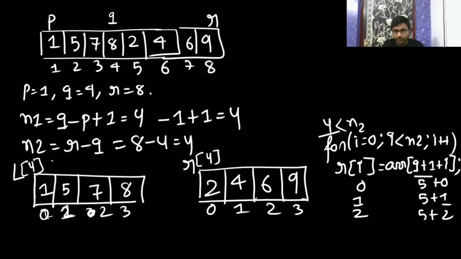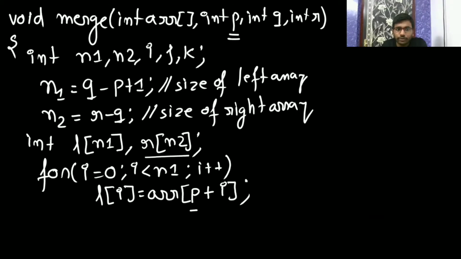Now I will compare each element of left with the right. So total how many elements am I having from P to R? P to R I am having the elements. So it will run the indexes. In this array only I am going to store. This is your actual array. This actual array you are first creating two other arrays. One is left array, another is right array, which is having the first half, and right is going to have the second half. Now again to this array, I will compare these two elements and I will store the sorted list now. Now see. So let me show you the code. Now for i equal to p to r.